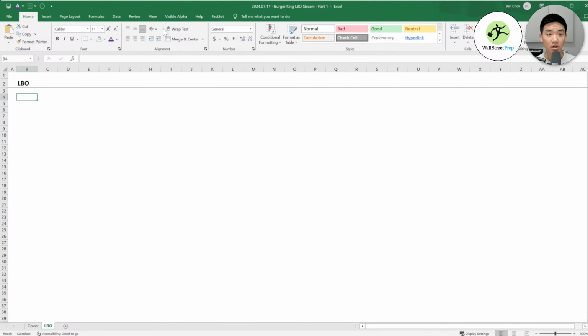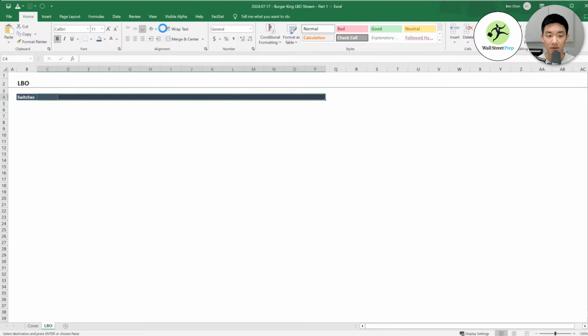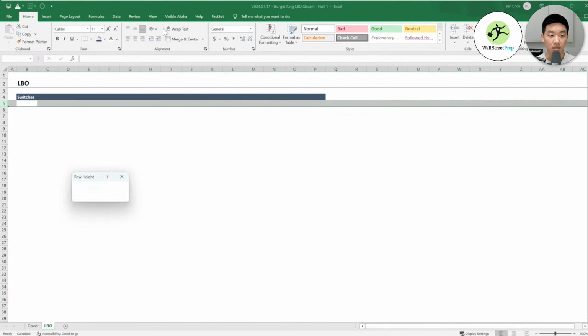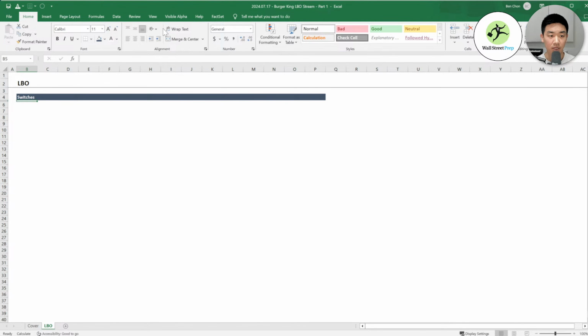Starting off, we're going to build our different sections. We're going to have assumptions here. Oh no, this is going to be for switches. Although I don't know if I would start with switches when I am building out a model. 3 or 5. Let's do 5.